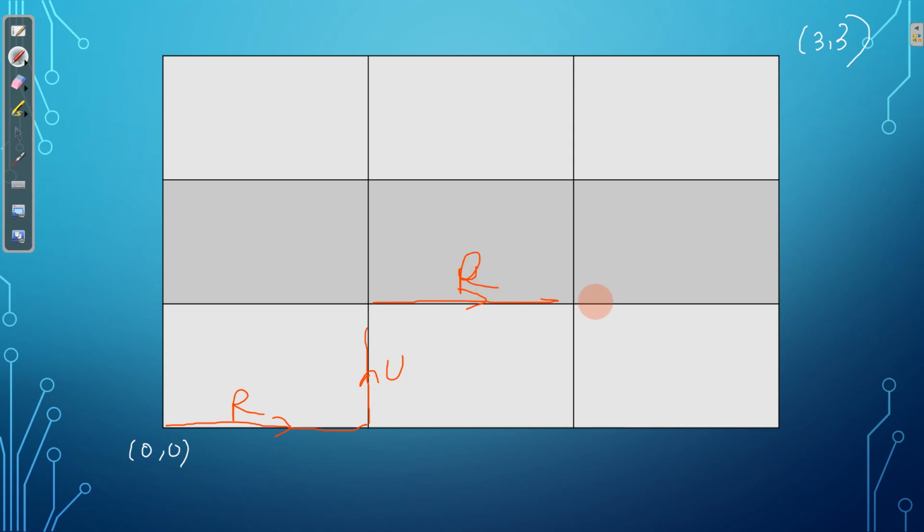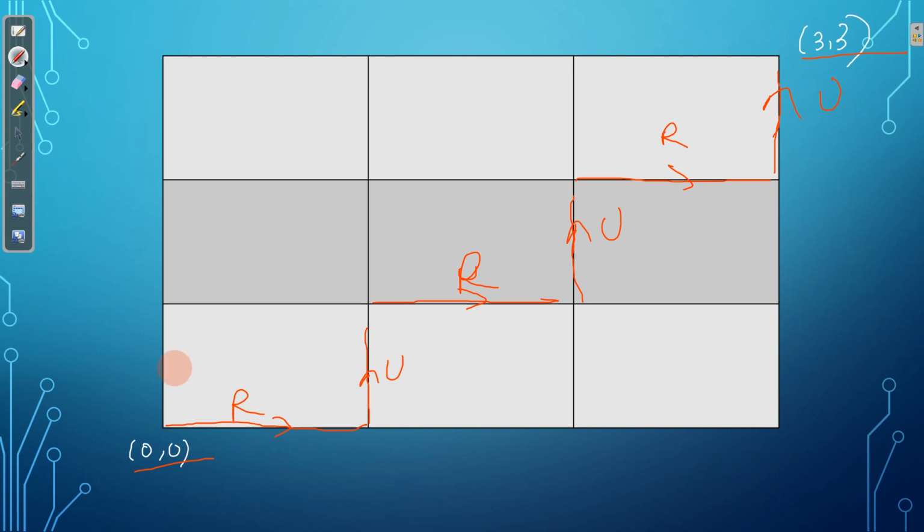This is a right move, up. This is one of the ways in which you can reach from 0,0 to 3,3, so this is a valid move. But for Catalan numbers there is another restriction; before that, let us see the case without any restriction.